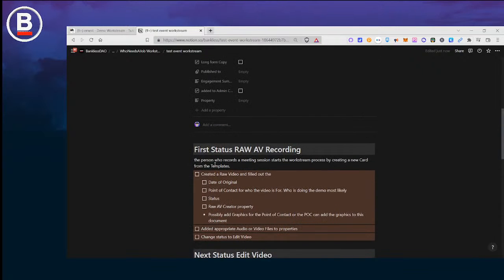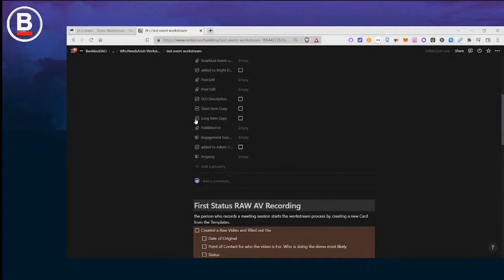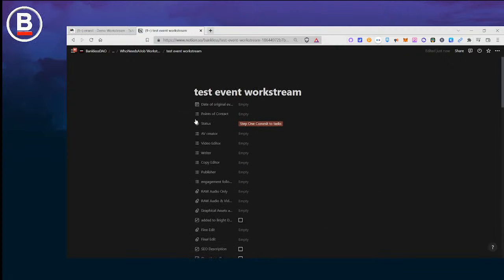And if you're not coordinating the event, but working on the production of the event, then you will be using the Who Needs a Job workstream database more than the administration database Notion page.